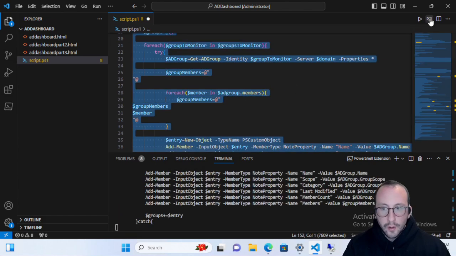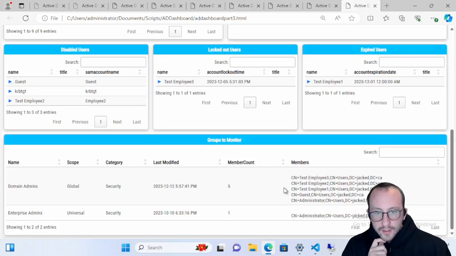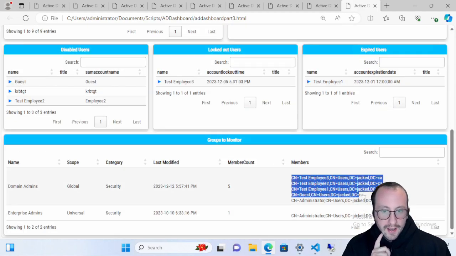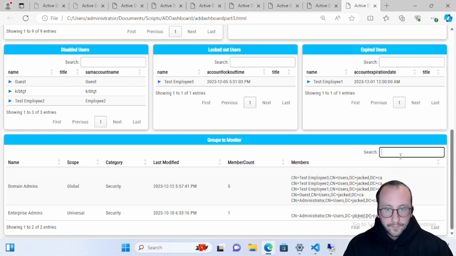And now actually, if we go ahead and run this and go down to the bottom, we have a nice list here where each user is on its own little line. So that I find really, really helps a lot for this. So what we can actually do here